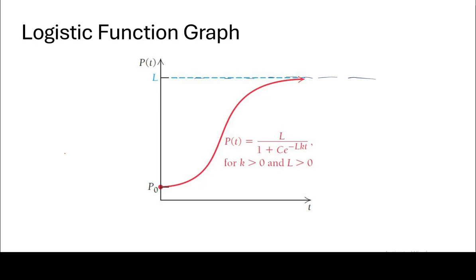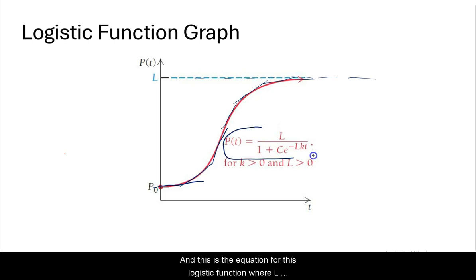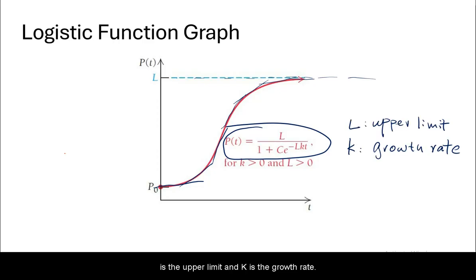That's the upper limit. And the rate of change is kind of slow at the beginning. It's right here, it's like going up a little bit. And then the rate of change is a lot more, and then it's gradually decreasing. And the bigger the t is, the slope is closer to 0. Right? And this is the equation for this logistic function, where L is the upper limit and k is the